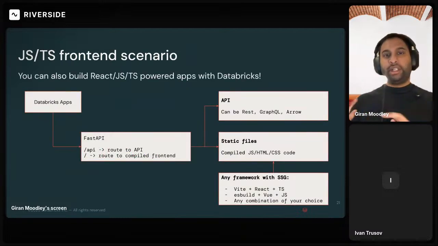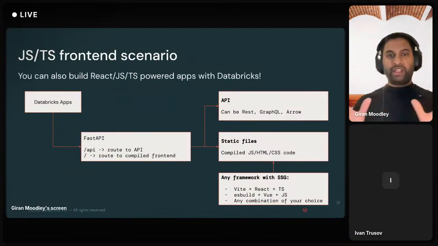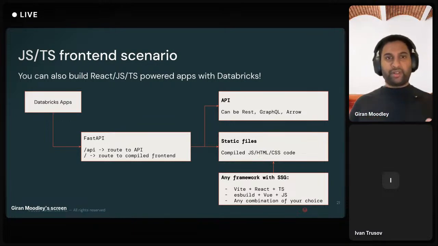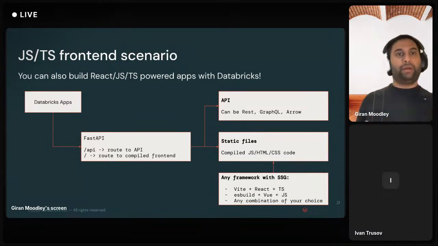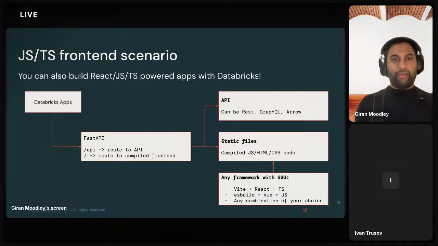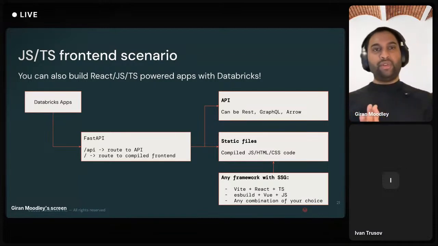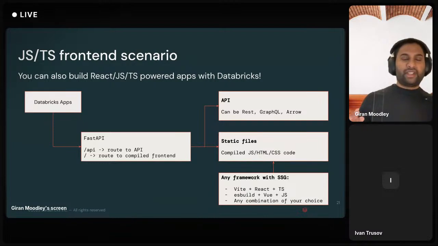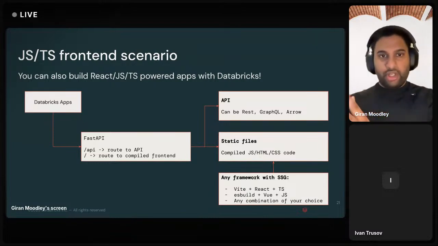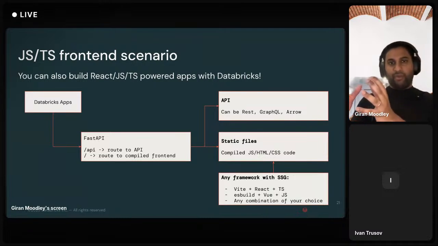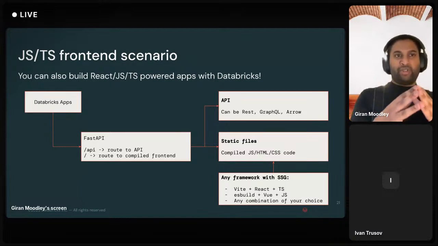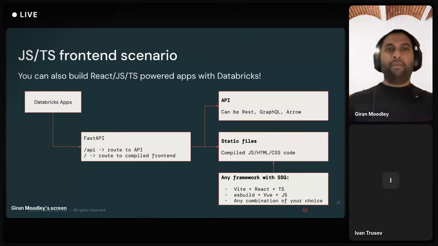Right. And in this case, one of the things I would say, it's not an either or, it's a better together story. So you will still, under this paradigm, use Databricks apps and specifically the Python framework to service a web API, but then you can also build your front end using JavaScript and pull that down. So in the current state of Databricks today, you're able to actually create an application that's developed in a React front end. What you would then do is compile that down to a static bundle of HTML, CSS, and JS, put that as part of the application deployment, and then pull that into the application.